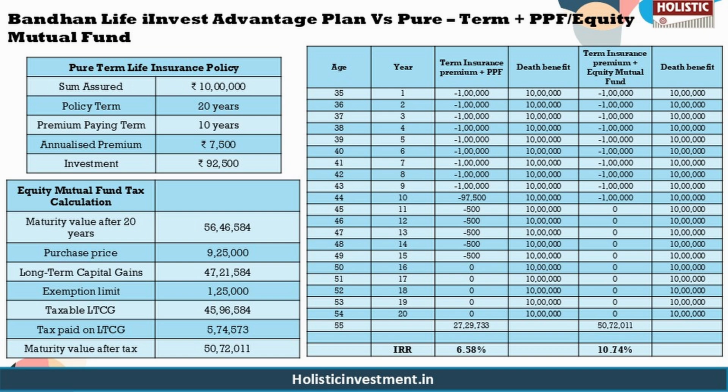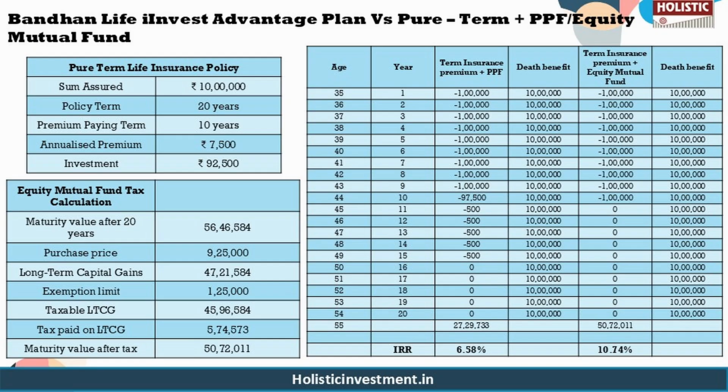So this policy with a sum assured of 10 lakhs pays an annual premium of 7,500 rupees for 20 years with a premium payment term of 10 years. So this leaves us with 92,500 rupees each year to invest based on a risk appetite. So if you want to take a low risk approach, you can invest the remaining amount in a public provident fund (PPF), where the 92,500 rupees will have a maturity value after 20 years for 27.29 lakhs, delivering an IRR